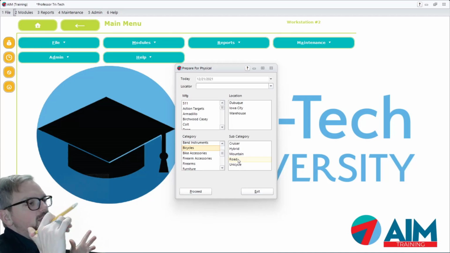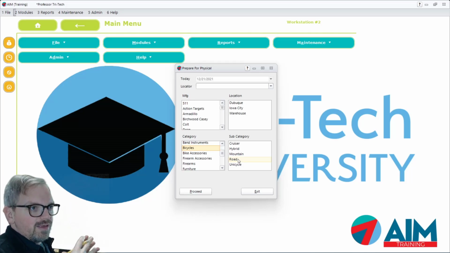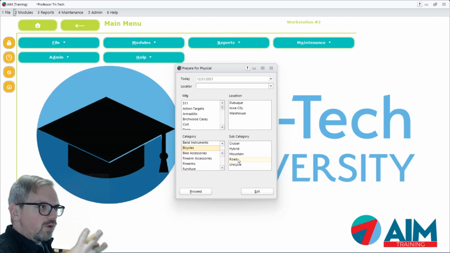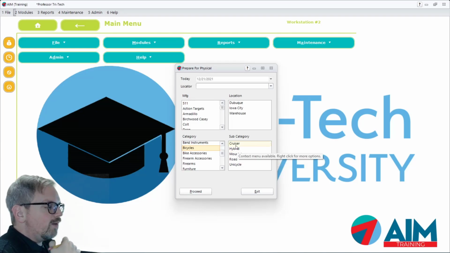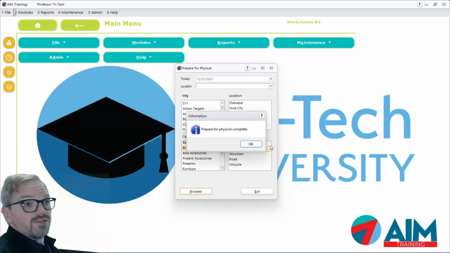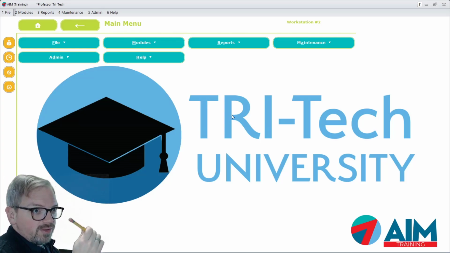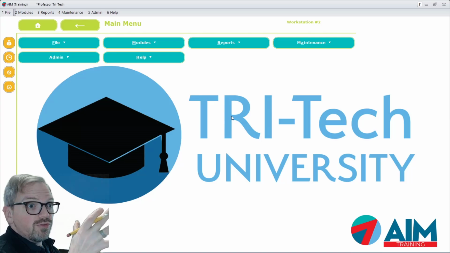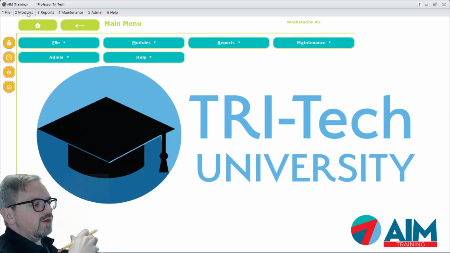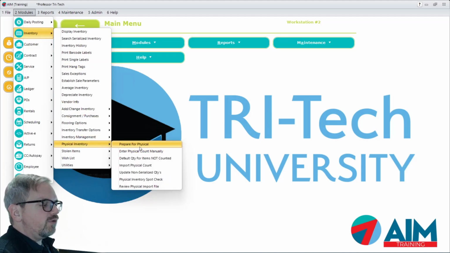Whatever the case may be, if it's the least active and if it is something that is easy to count in a relatively quick period of time, try and do that. Because what you can do, let's say you're going to go out and count just your hybrid bikes. We'll proceed with that, and then it will take a snapshot of that inventory. You go out, you count those as of exactly the time that AIM started this count of it. Then when you get done with that and you input those, you can always go back to that physical inventory